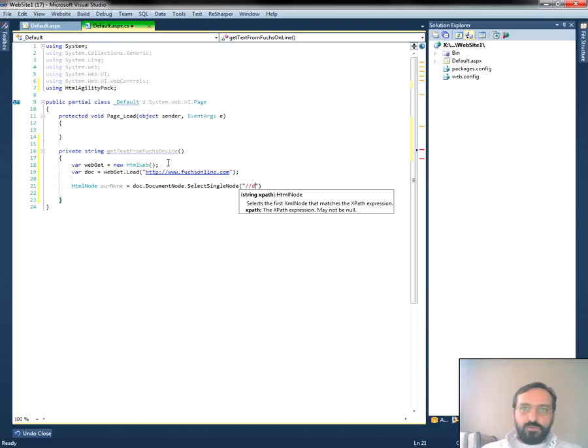So we will look for a div which has ID equal to